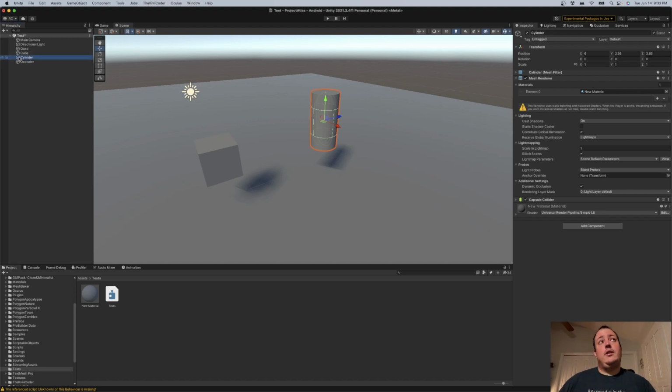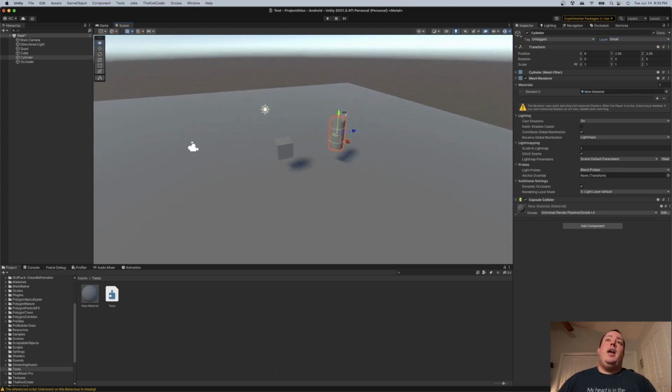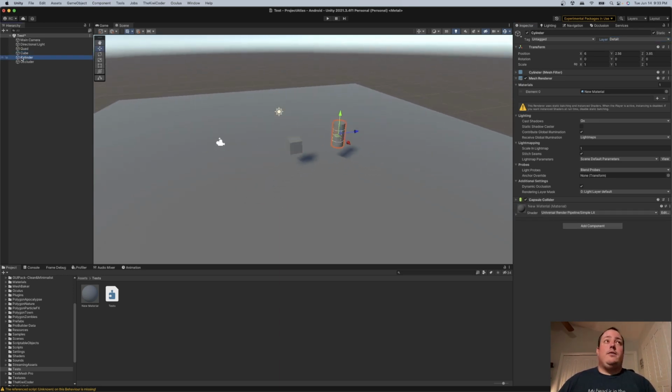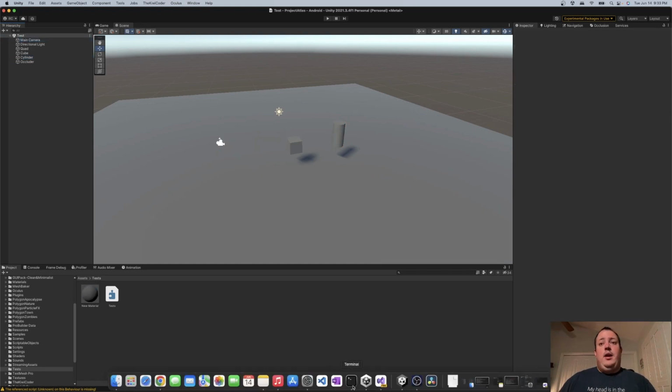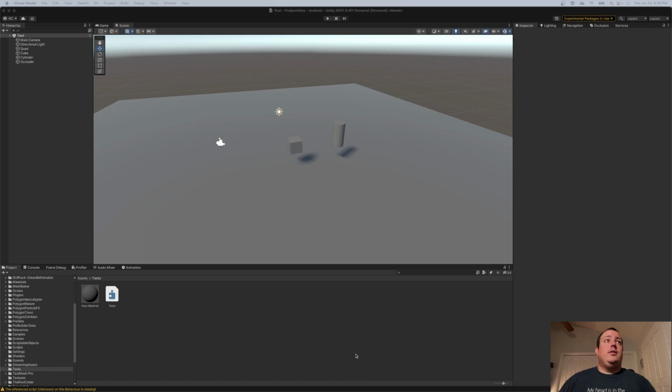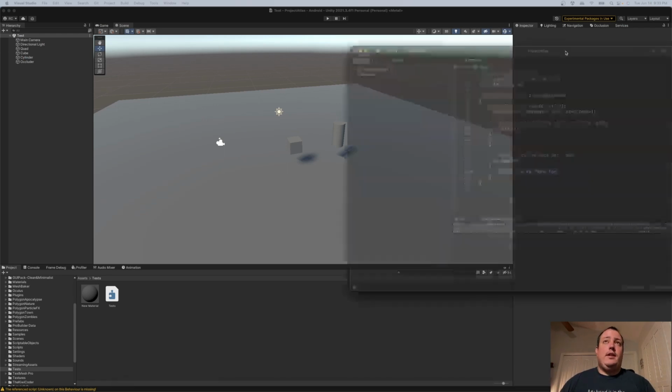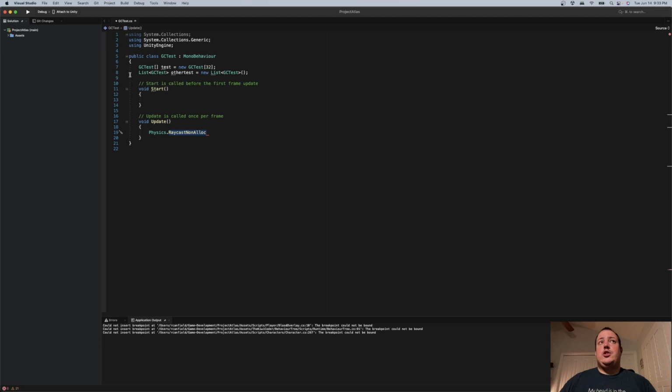So in my cylinder here, in my game, I already have one called detail, but I'm just using a simple layer, assigning it to the cylinder here. And right now, the cube is on default. Everything's on default. And we've got the camera here. Now, with this particular setup, we're going to just reuse this GC test script here. We need to tell the camera we have a particular layer, and this particular layer needs to have a